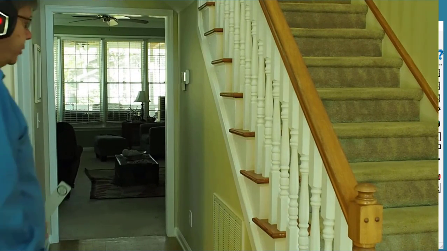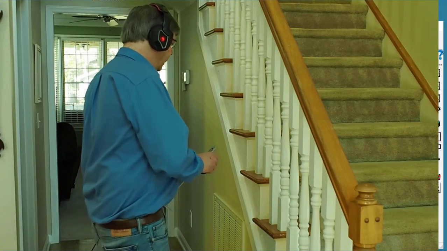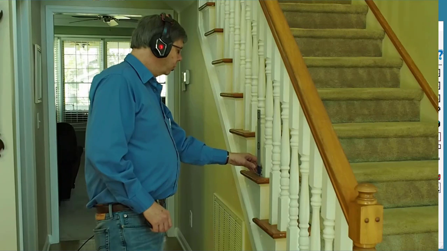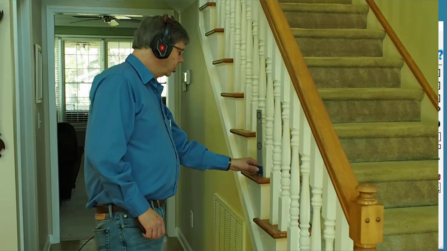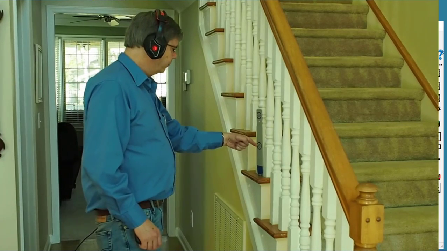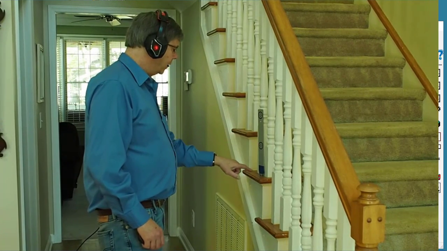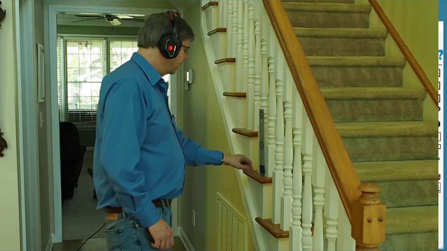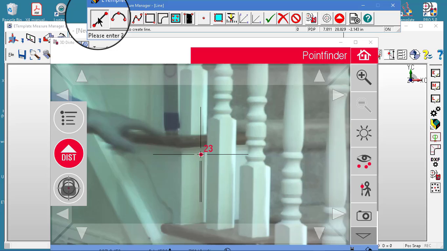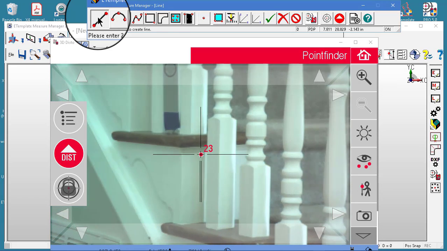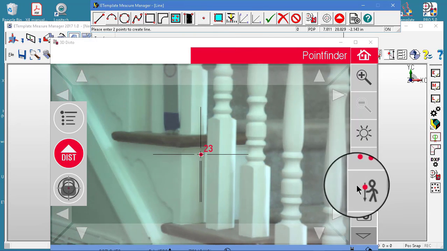Now, based on the position of the laser, I cannot measure this step directly. I could move the laser through in the room, or we have this offset tool that will let me measure 2 points, 2 targets, and it will actually measure the point that's at the tip. And so I'll be able to do this a couple times to give me the position or location of that step. So in the software, we're going to tell it that we're using the target,